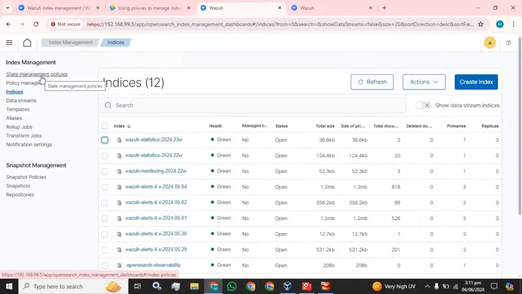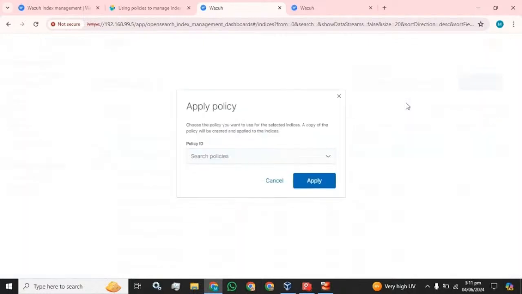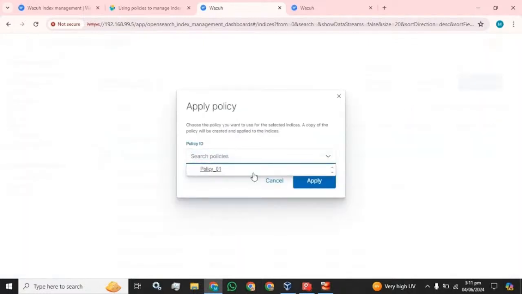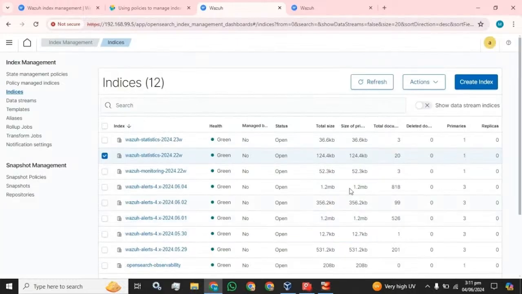And to apply that policy on our indices, you have to select the indices, click on the apply policy button, select the policy you want to apply, and click on the apply button. This is how you can create the policy in